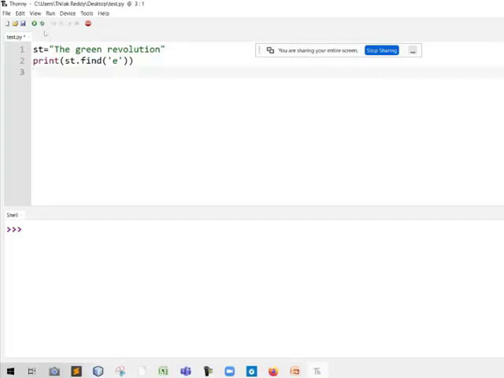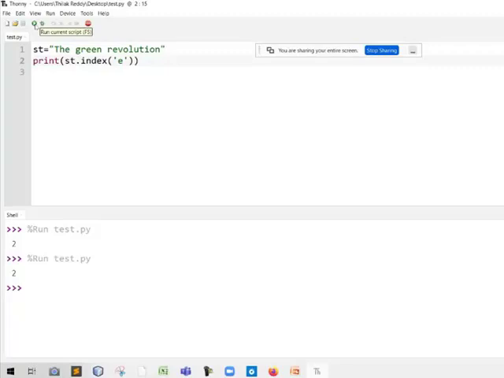In place of find, if I use index, what will be the output? Again 2, because the find method and the index method both return the first occurrence of the given substring.